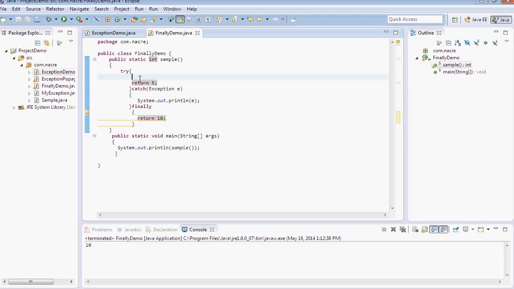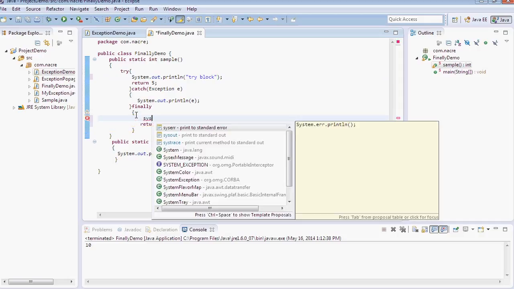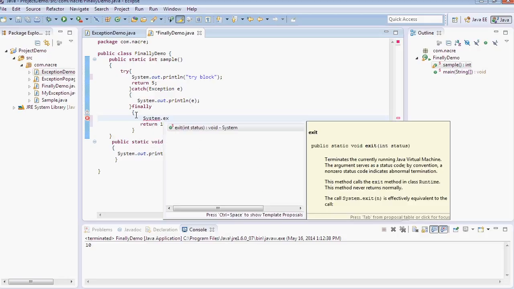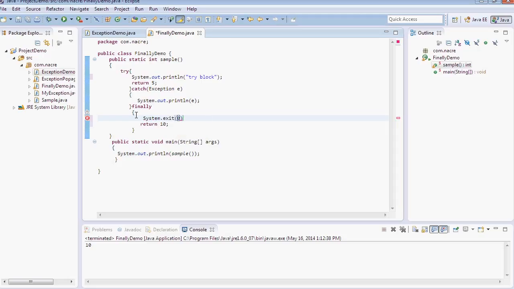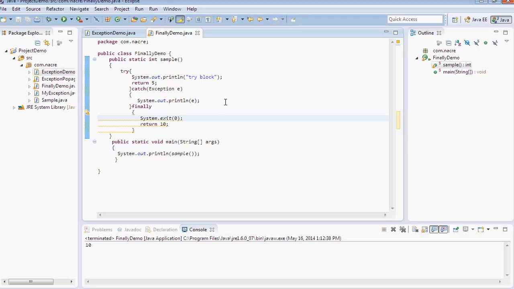The second special condition: there is only one case when the finally block is not executed, whenever we are using System.exit.